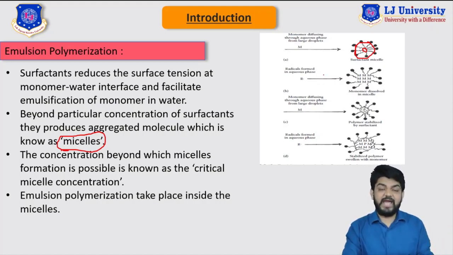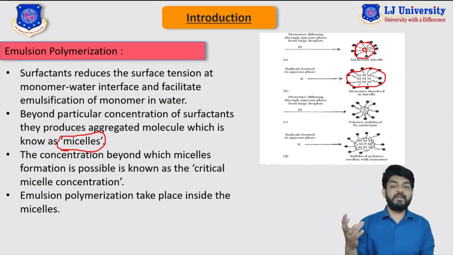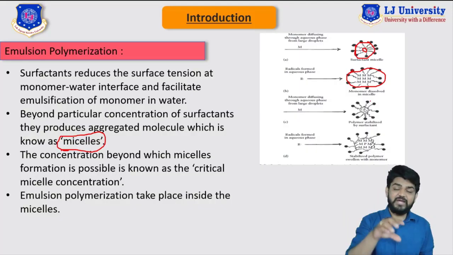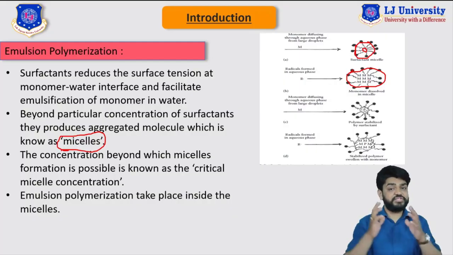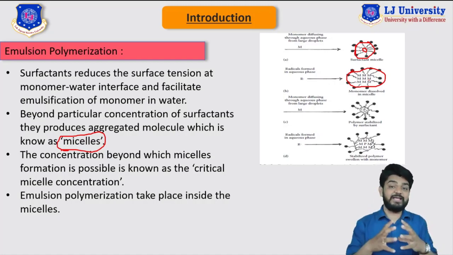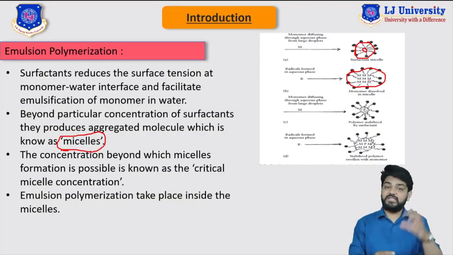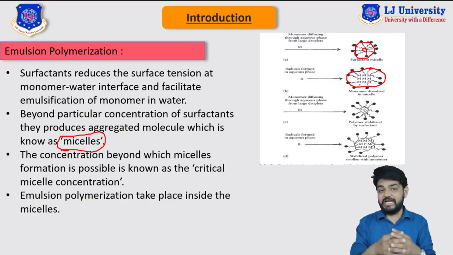Now you can see that as our monomer comes in contact with these surfactants like this, this entire thing is now known as the micelle. This red line is now known as the micelle. So when this monomer comes in contact with this micelle, it will directly go to the center because this monomer is water insoluble. And this tail of the surfactant is again hydrophobic, which is also insoluble in water. So at the center of this micelle we will get insoluble matter, right? The tail of the surfactants and the monomer are both insoluble in this region of the center, right?